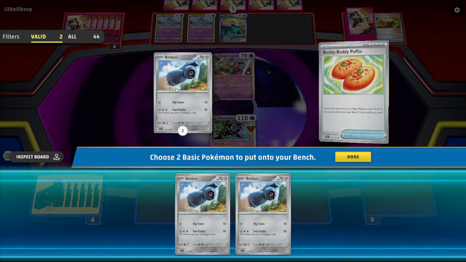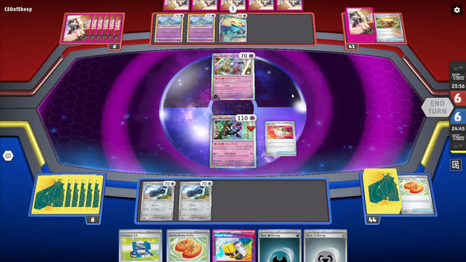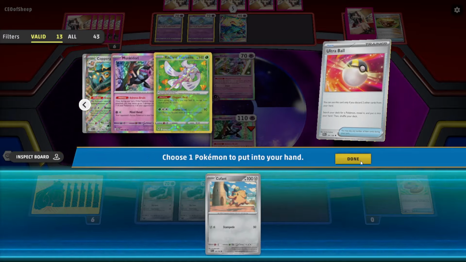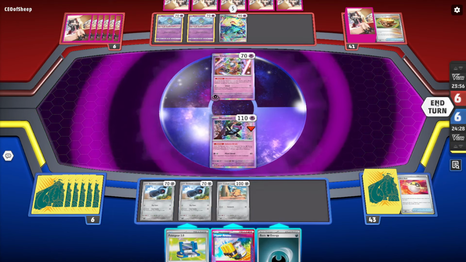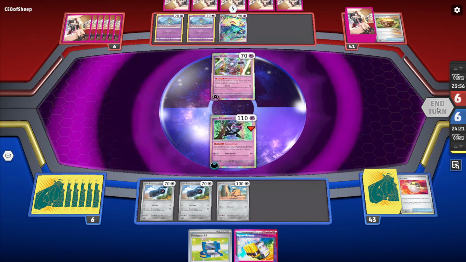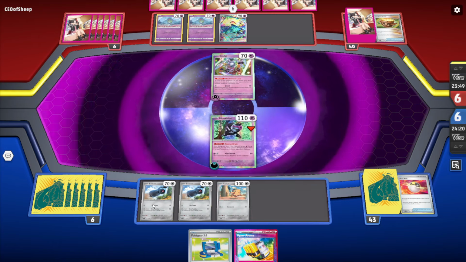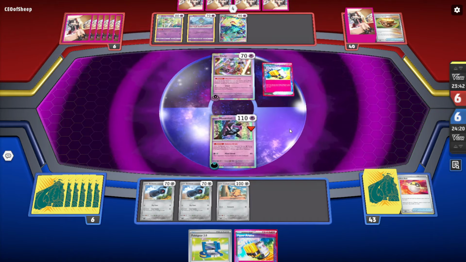The Buddy Poffin's nice because it gets us our 2 Beldums, which is kind of what we wanted. And then, honestly, what we'll do is we'll go Ultra Ball. We'll get rid of this and this. Grab ourselves our Elephant. Place that down. And we'll pass. We'll throw the Dark Energy down for now. It doesn't really matter. So we can pass, and then on our next turn we can Hyper Aroma, grab ourselves double Metang, and our Copperajah. We can look to...